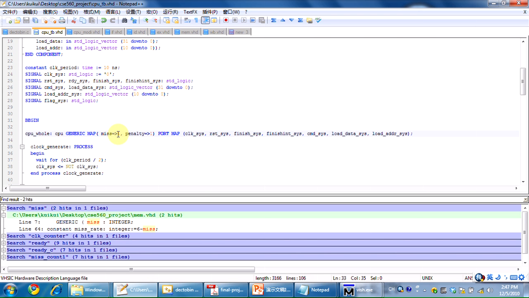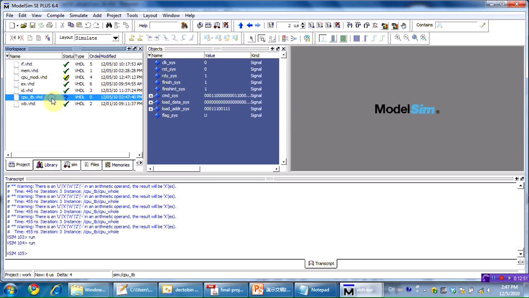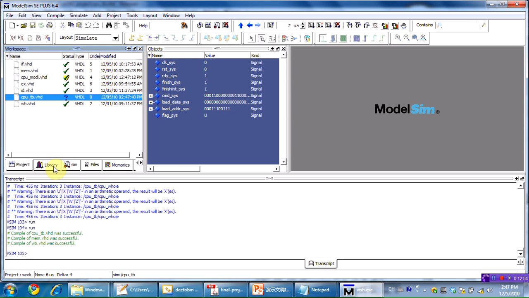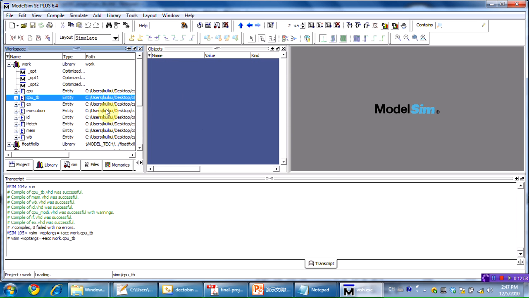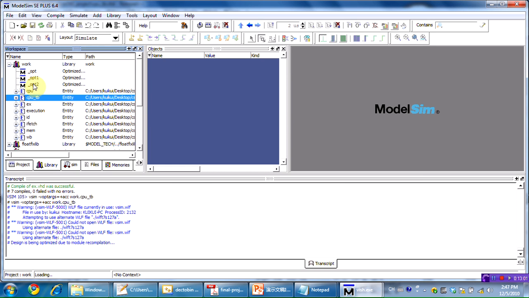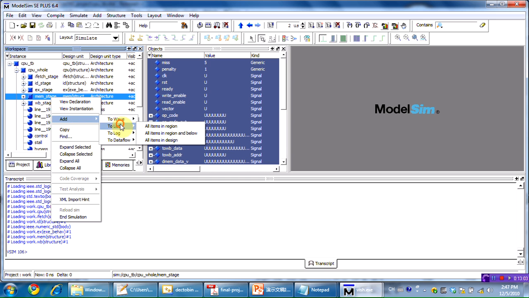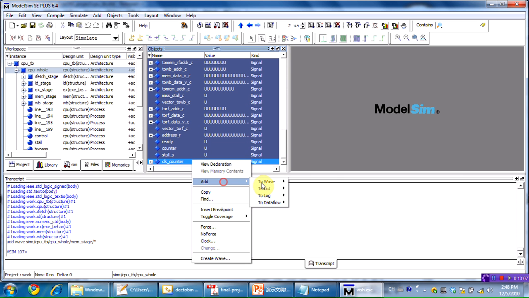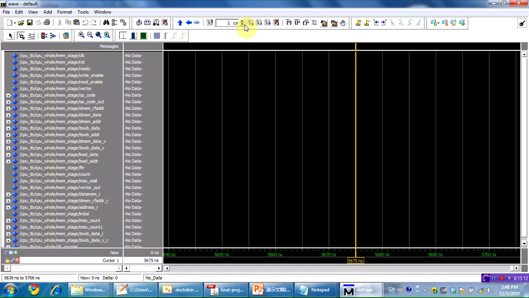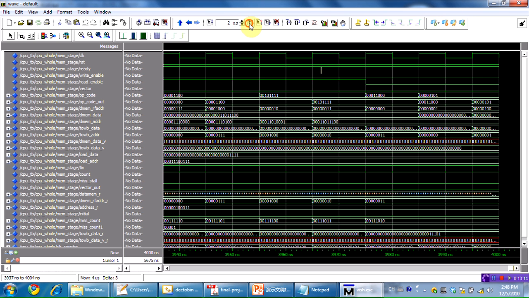Then we change the miss rate, for example, equal to 5, and keep penalty equal to 1. Then we compile the files, load the memory stage and also load the clock counter in the top CPU module. Then we run it,